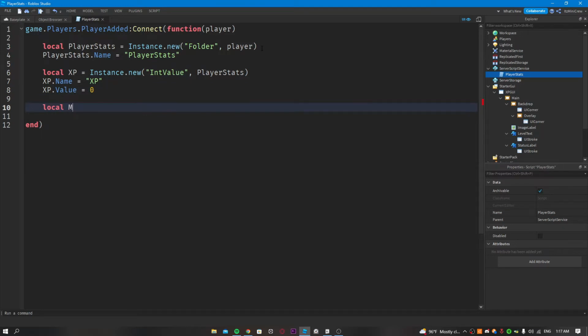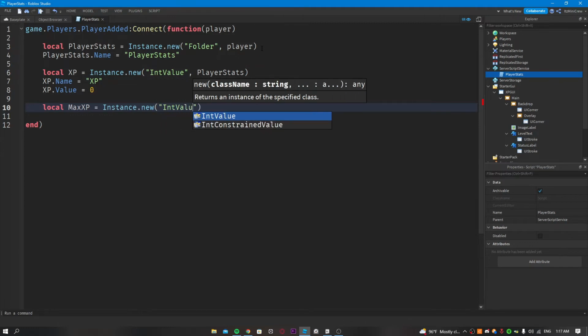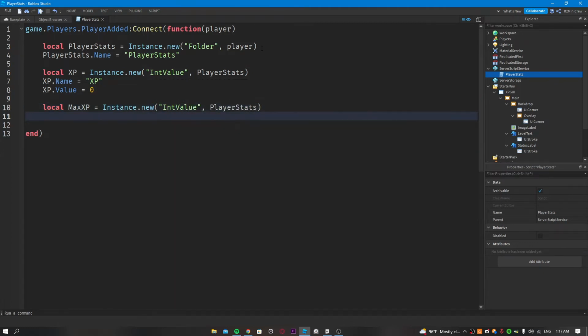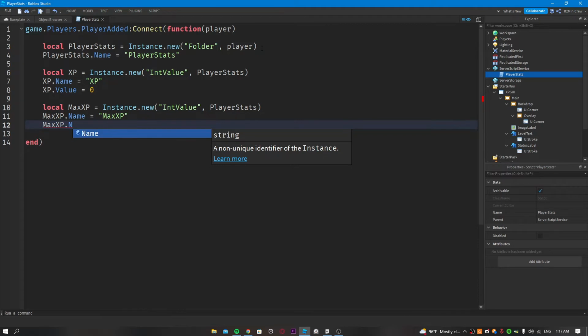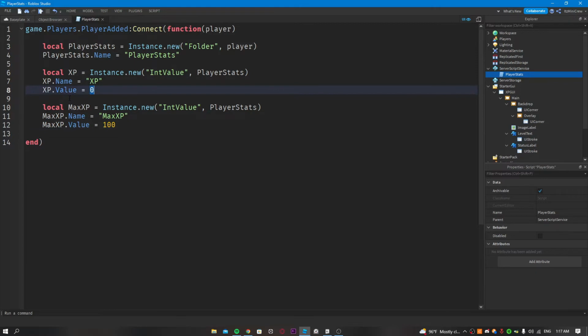And the next one you need is MaxXP, and this is also going to be the same. It's going to be an IntValue, and it's going to be under PlayerStats, and the name is going to be MaxXP. And the value is going to be the max value the player needs to reach to go to the next level. So the value I'm going to be starting with is 100. So whenever our XP goes to 100, this will double, so this will be 200, and it will keep going